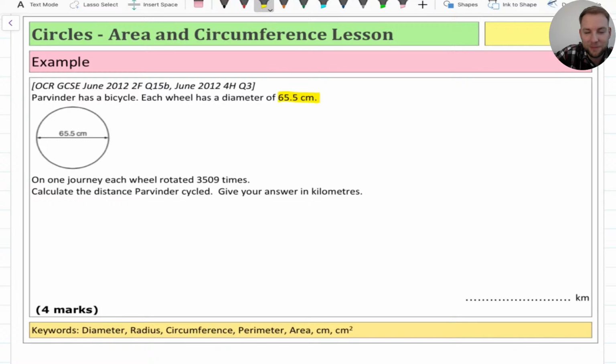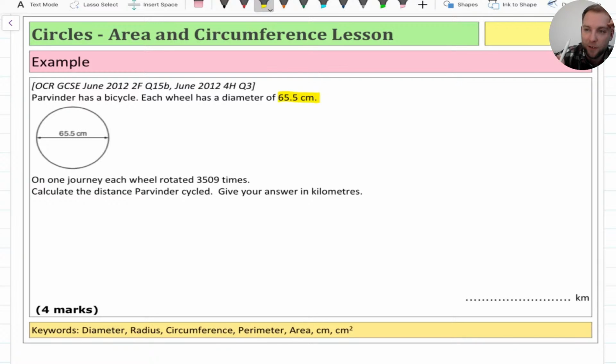You were right in saying that we need to find the circumference. The circumference tells you the distance all the way around the wheel. So if the wheels turn around 3,509 times, then we need to times by the